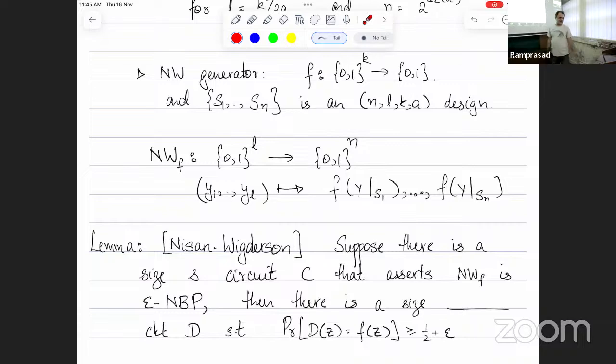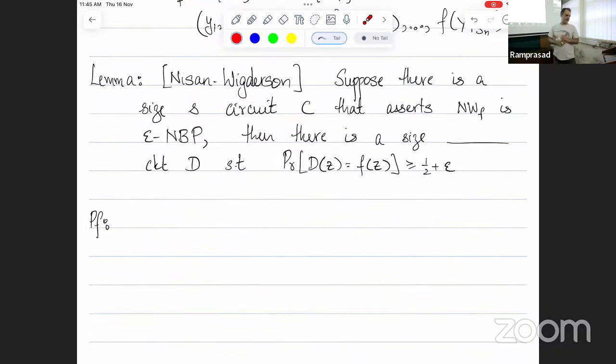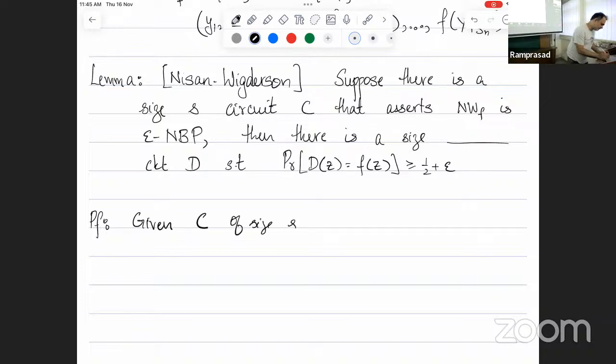Okay, and this is what. So the first thing that we are going to do is try and prove this. So let's see what are we given, and let's see what do we want to get. So what are we given? We are given some circuit C of size S